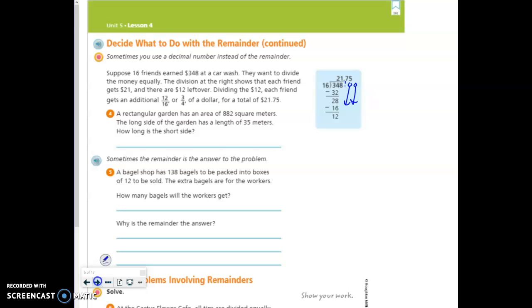But I don't necessarily know every fractional amount and how that's going to relate to $1. So it works out easily here, but there is a process where you can simply add zeros and bring it down, and you'll find out that if I add a 0 here, 16 goes into 127 times. I'd still have a remainder, bring down another 0. 16 goes into whatever that one is 5 times, and my answer is everybody's going to get $21.75, not just